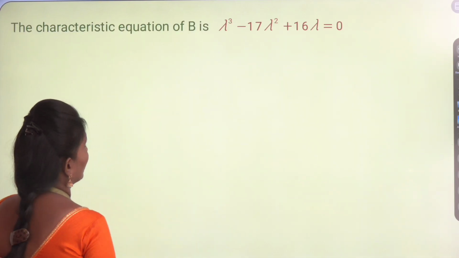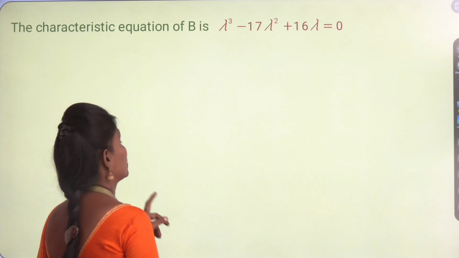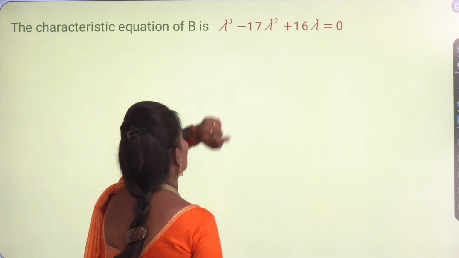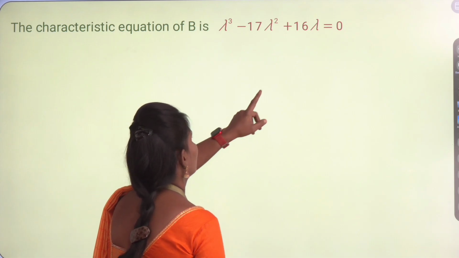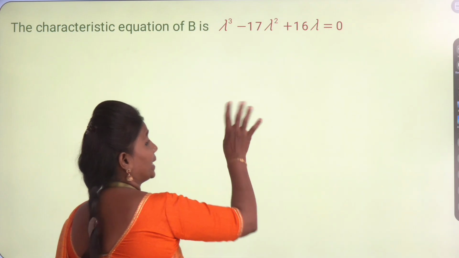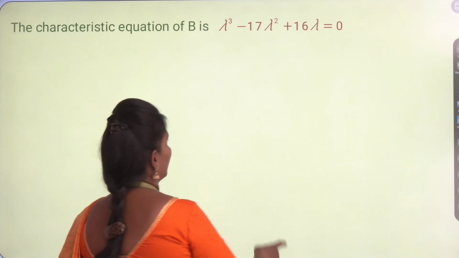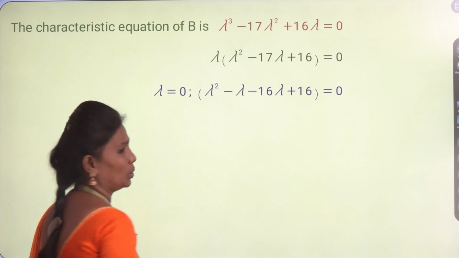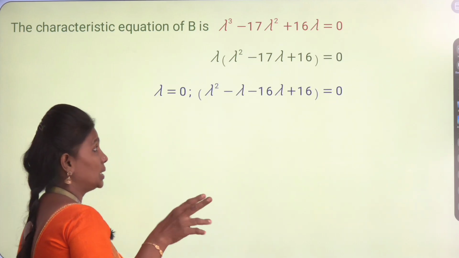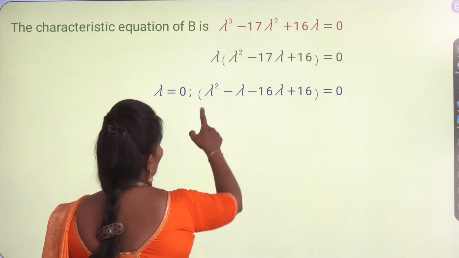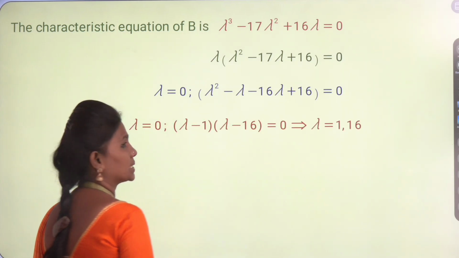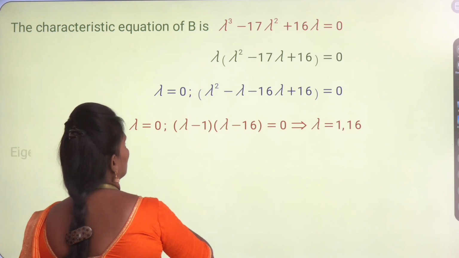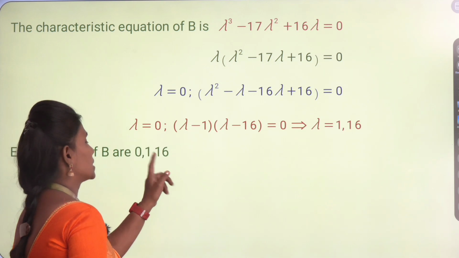Now the characteristic equation of our matrix A transpose A, which is nothing but B, is lambda cube minus 17 lambda square plus 16 lambda is equal to 0. One value is going to be removed automatically. Solve this equation and one value becomes 0. Is it a singular matrix? Two columns are linearly dependent here, so that is why. Solving the quadratic equation, you get 1 and 16 as eigenvalues. The eigenvalue is nothing but a root. Solving this equation, you get 0, 1, 16 as the eigenvalues here.